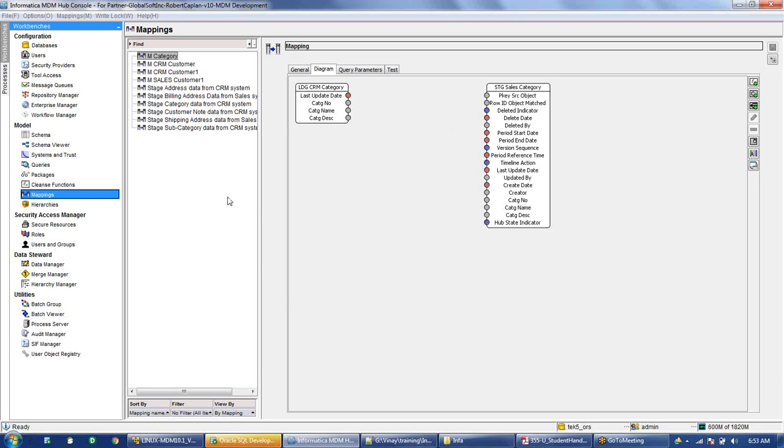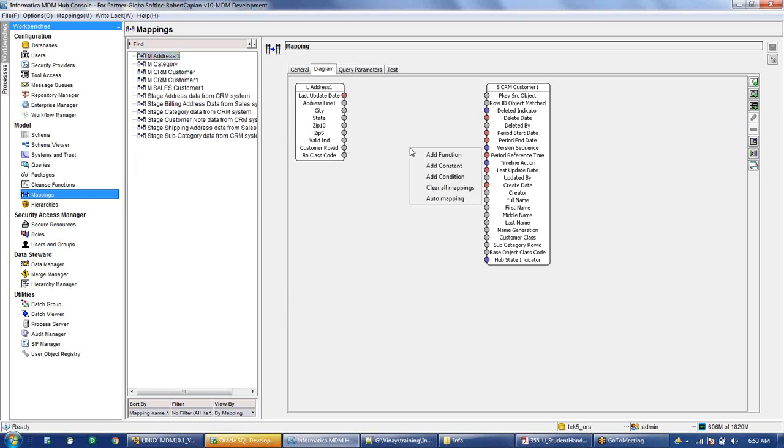In my case, it is deleted somehow, but in your case it will be present, and you just need to map that extra column. Oh, sorry, I selected wrong.